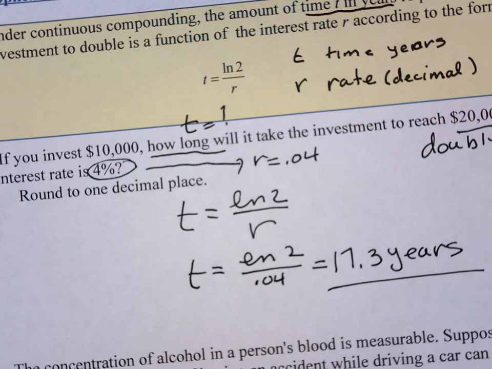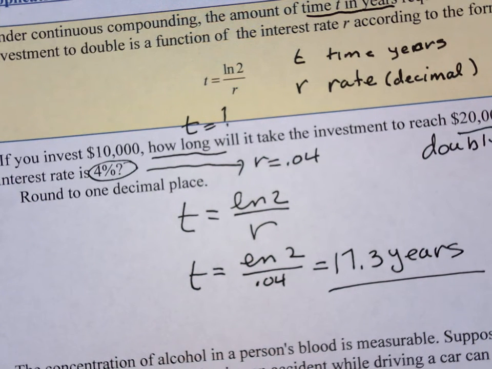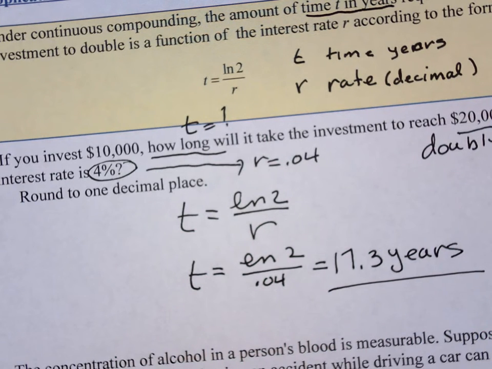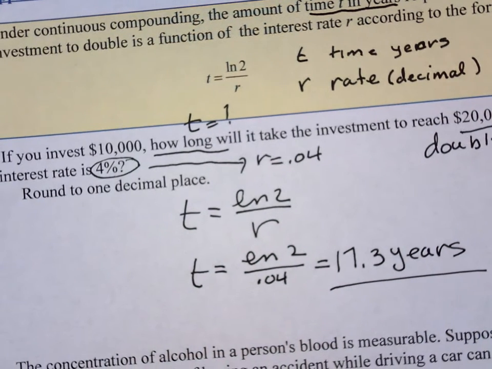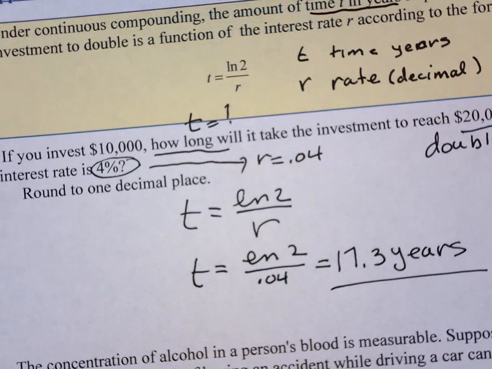If it's a safe investment, maybe you can get 3%. Interest rates are rising a little bit, so you might be able to get close to 3%, but you might have to lock your money up for maybe 5 years in order to do that. But the one thing you do have to remember